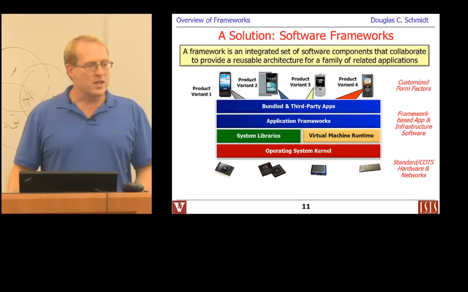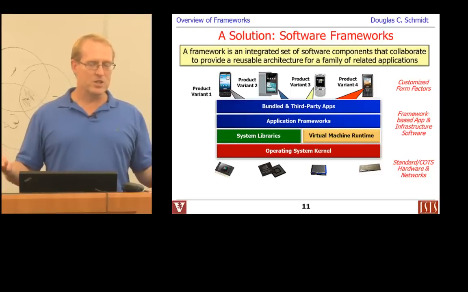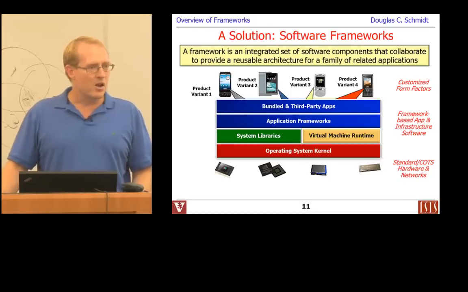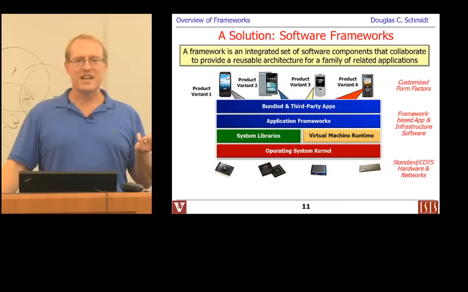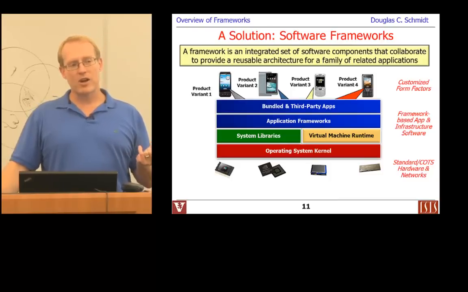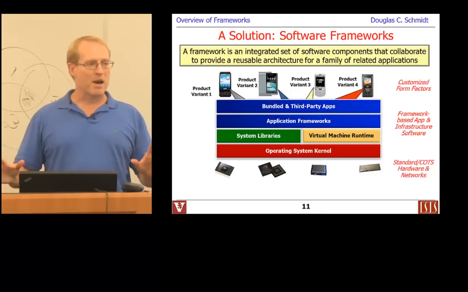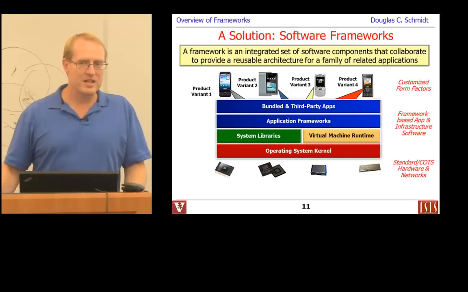What's happened over the past 5 to 6 years in this space, maybe going a little bit further back to the mid-2000 timeframe, is people increasingly are building apps on top of reusable frameworks. A framework is an integrated set of components that collaborate to provide a reusable architecture for a family of related applications. It's kind of a mouthful, and we'll talk a lot about the different details of that definition, but the key points are: